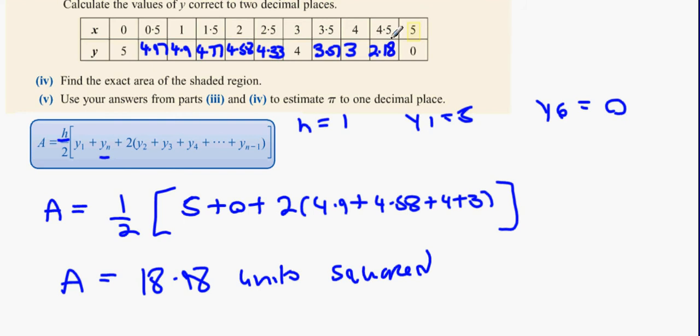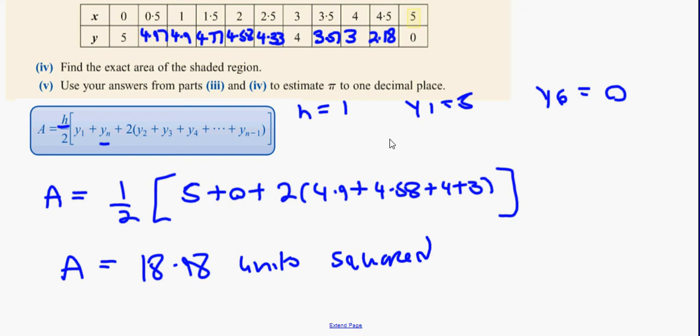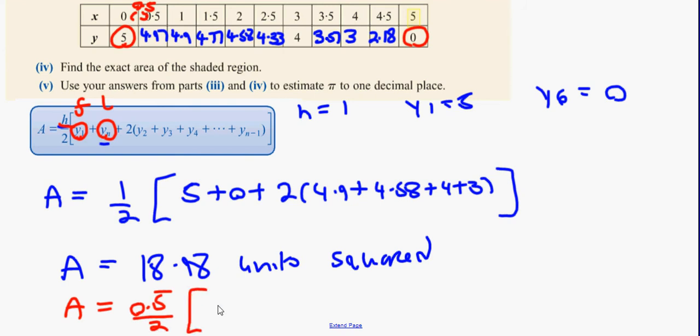2.18. So, like last time, we're going to use the trapezoidal rule. And we're going to use y1 and yn, which are basically the first one and the last one. So it's going to be 5 and 0 again. Okay, so A is going to be, now this time our width is no longer in ones, it's 0.5. So it's going to be 0.5 divided by 2, the square root of 5 plus 0 like last time,